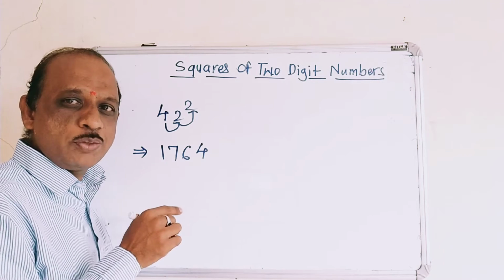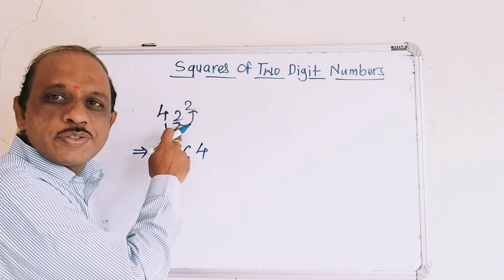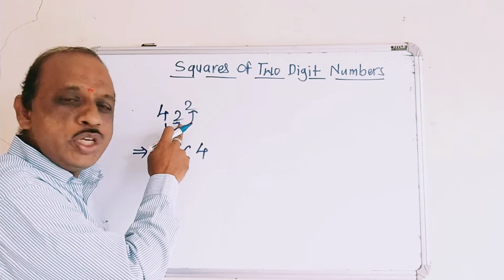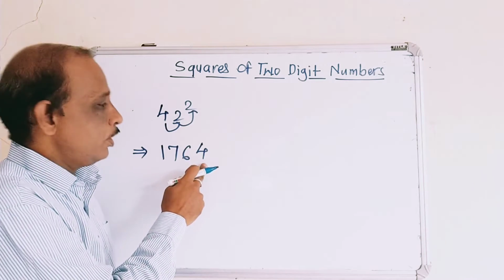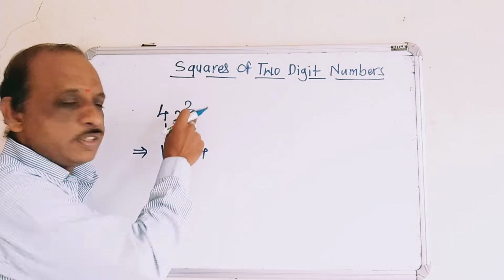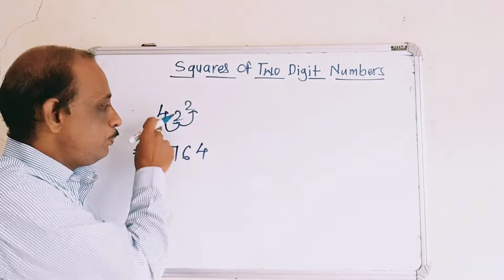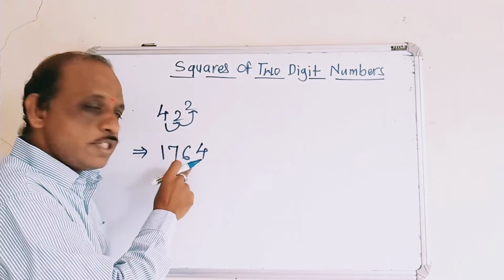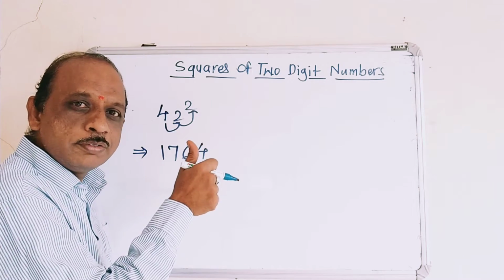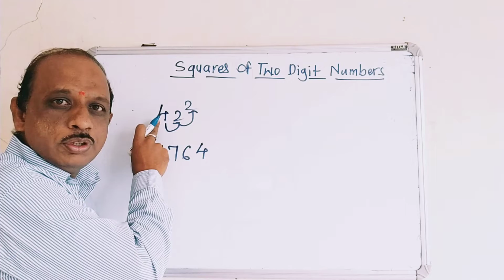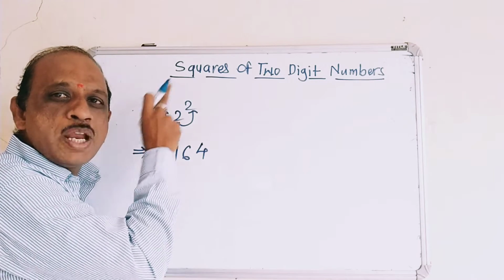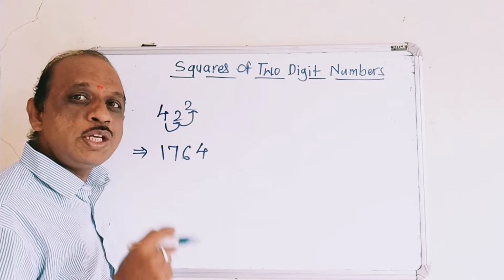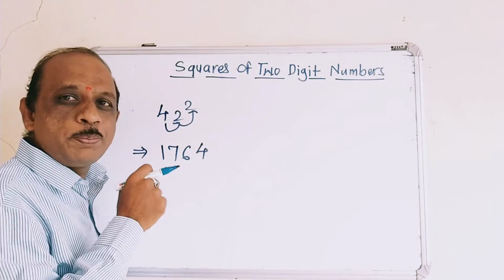Now let us try to understand it once again. First, you have to take the square of the ones place digit. Here the ones place digit is 2. The square of 2 is 4, so I have written 4 as it is. Then you have to multiply these numbers, all these three numbers, that is 4, 2 and this 2 also. So it is 4 into 2, 8. 8 into 2, 16. I got 16, so I am writing 6 over here and 1 will be carry. Then we have to take the square of this 4. The square of 4 is 16 plus 1 carry, that is 17. This is how we are going to find out the square of any two-digit number. Now let us take a few more examples.